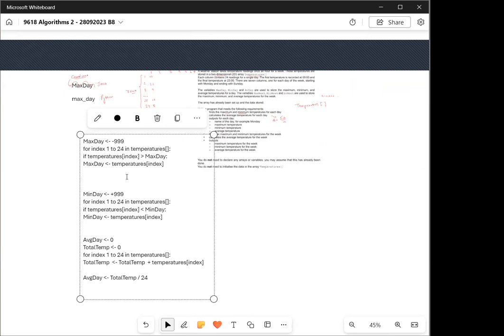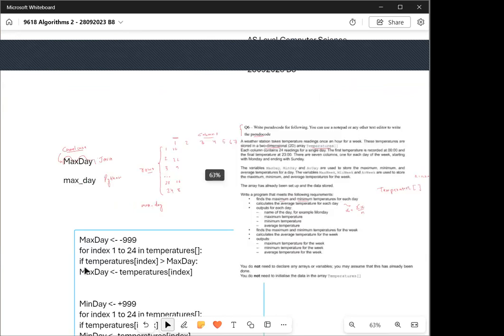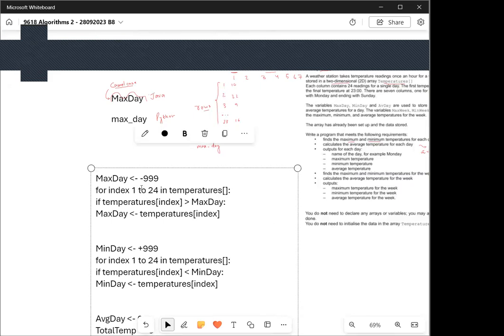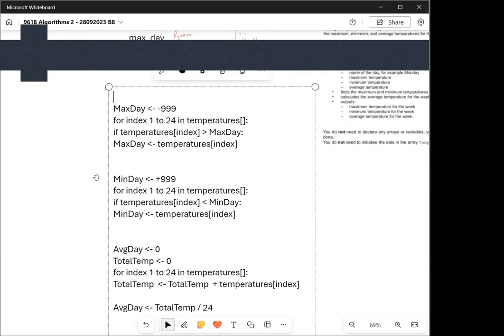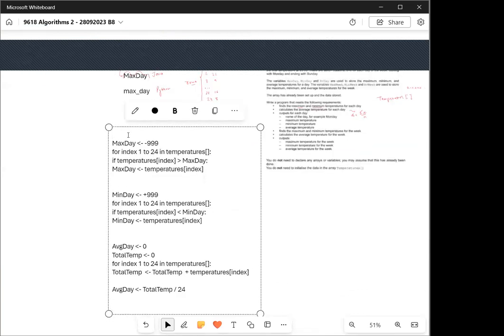Now, how will I know it's Monday, Tuesday, Wednesday, Thursday, Friday, or Saturday? How would I know that? So 1 is equal to Monday, and then 2 is equal to Tuesday. So we can check which day it is. So the first one, if it's 1, then I output Monday. So that would take a lot of conditions. It's all right. We can do that. So if Monday, no, if index is equal to,